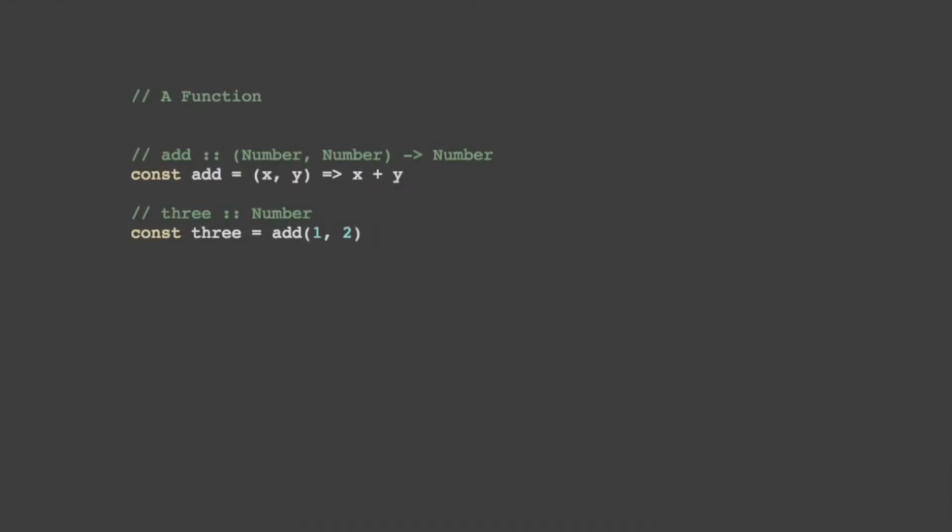In this case, I stole a type signature from Haskell just to make things harder. What we do here is we say we take a number and another number, and we get a number back. That's basically what that means. And in this case, 3 is just a number. So it's just a simple way of thinking about the types of data we put in. And later on, we'll see why we want to be very specific when we're thinking about types.